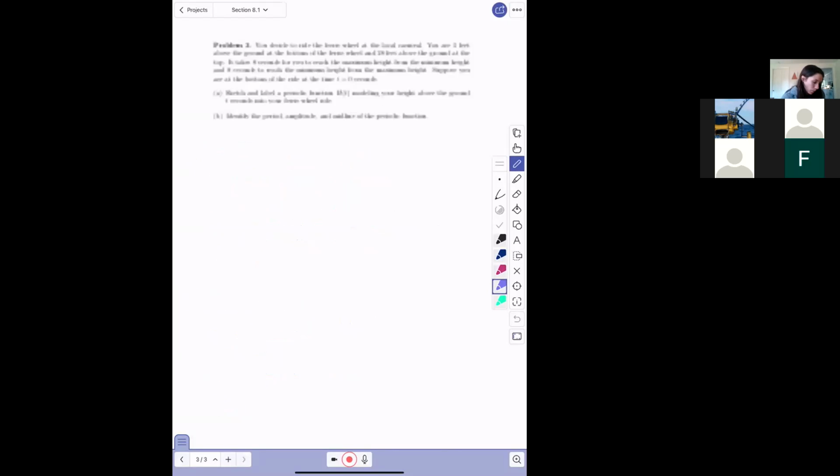Okay, moving on to the last problem. You decide to ride the Ferris wheel at a local carnival. You are 3 feet above the ground at the bottom of the Ferris wheel and 28 feet above the ground at the top. It takes 8 seconds for you to reach a maximum height from the minimum height, and 8 seconds to reach the minimum height from the maximum height. Suppose you're at the bottom of the ride at t equals 0 seconds. Part A, sketch and label a periodic function modeling your height above the ground t seconds after your Ferris wheel ride. So we draw our graph,